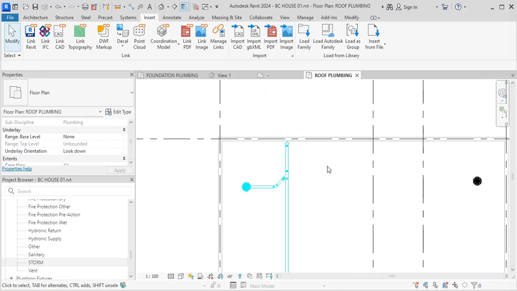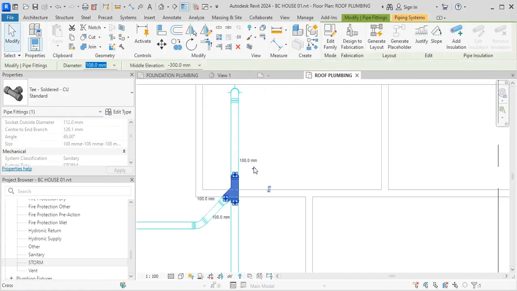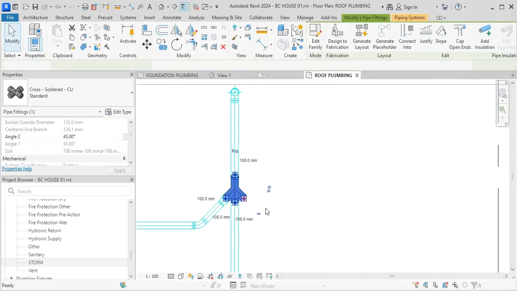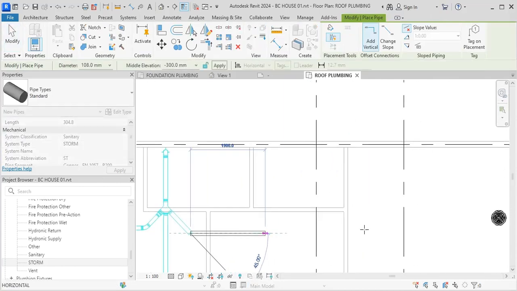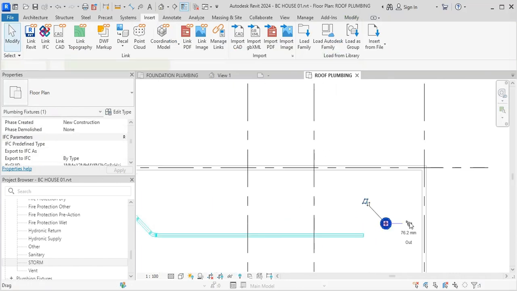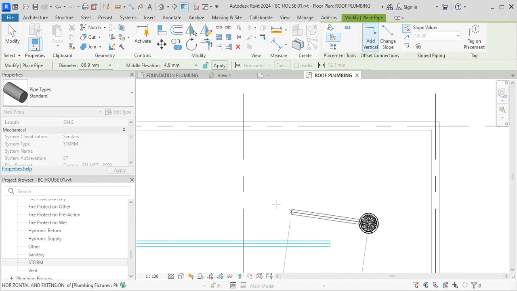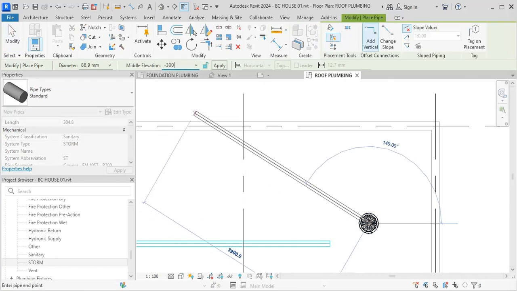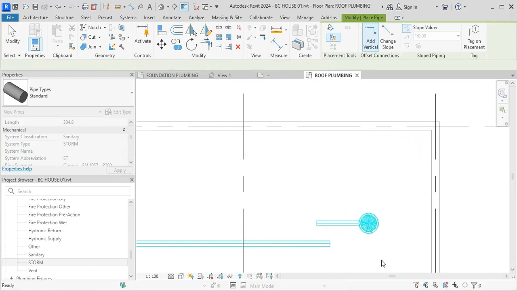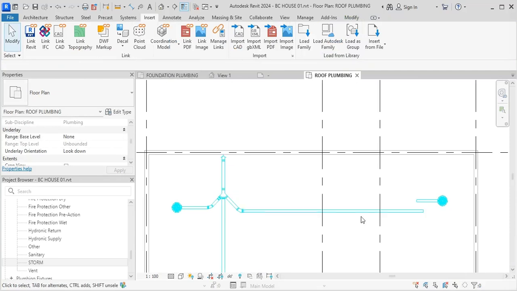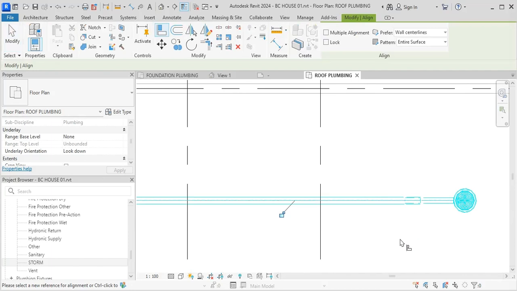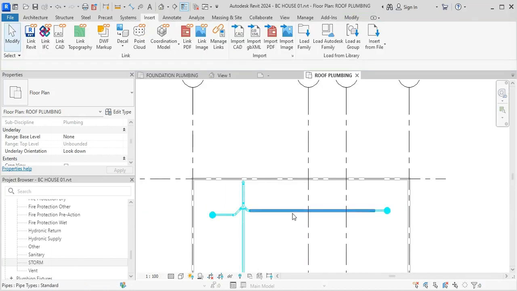and I need the same. Please click on this plus sign, click here, right click, draw pipe, and then I go 45 degree. I'll try to take this one, then minus 300, just like this. I'll try to align, maybe it works. AL, click this one and this one. Now it's aligned, but they don't look connected